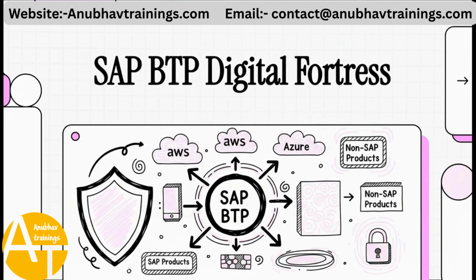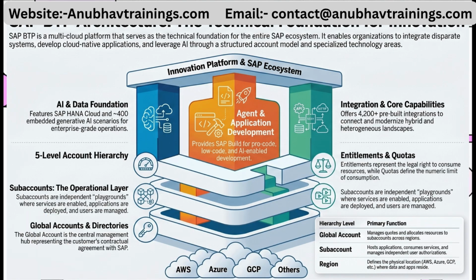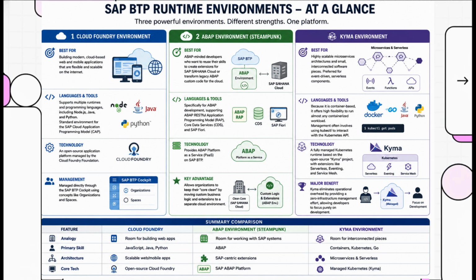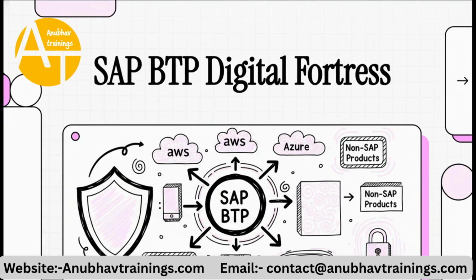Today, we're taking a look at the architecture and security of the SAP Business Technology Platform, or as we all know it, SAP BTP. If you're in the SAP ecosystem, you already know BTP is the absolute central hub. It's the ultimate mediator, right? It basically tells all your SAP and non-SAP products, hey, if you want to talk to each other, you gotta come through me. It's an incredibly powerful platform that integrates hyperscalers like AWS, Azure, and GCP, and gives us amazing